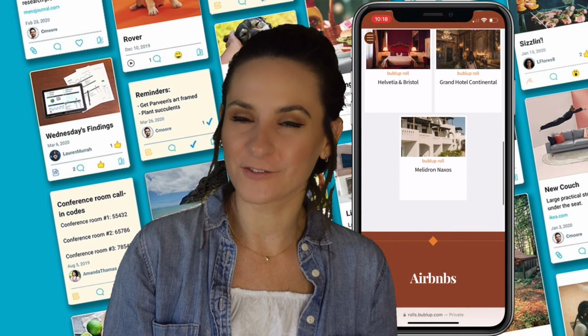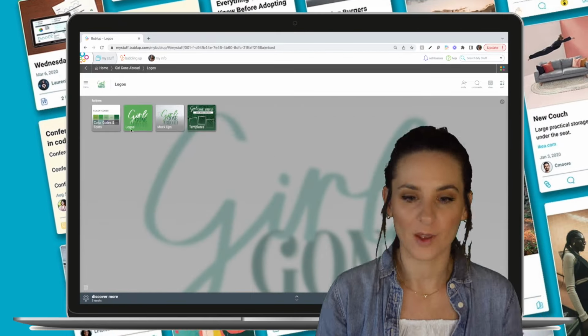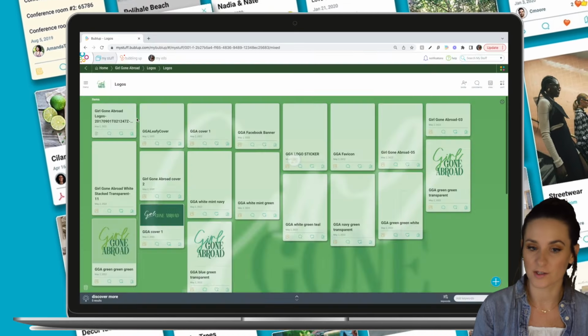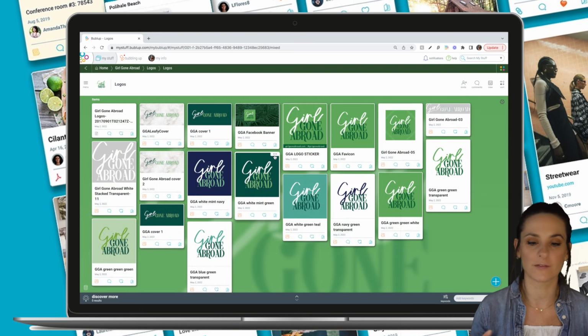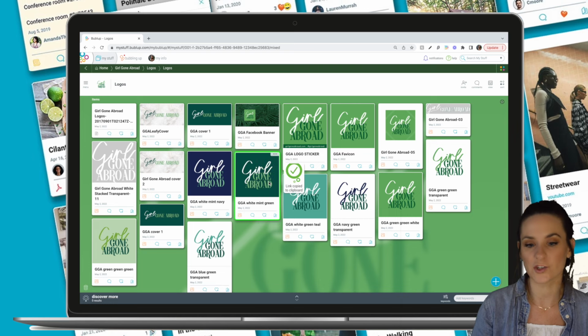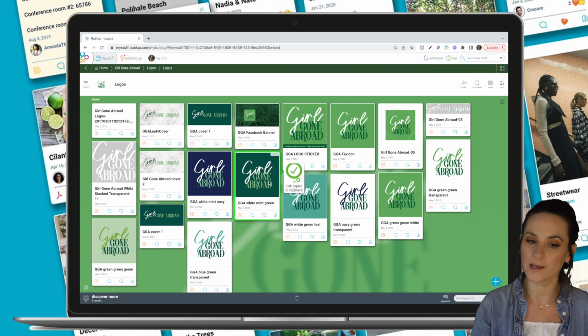Another handy thing to save in a folder is your creative assets. Whether it be variations of your logo, headshots, or even product shots, your brand-related media can all live in a folder. You'll have no problem finding them when you need them in a pinch. You can also share assets with others by copying a shareable link.